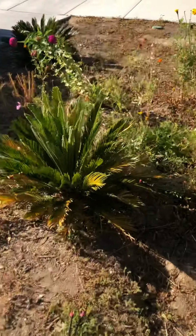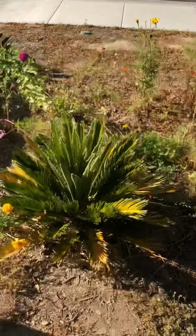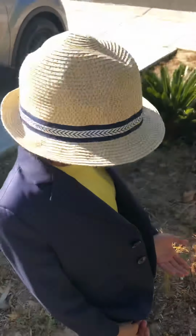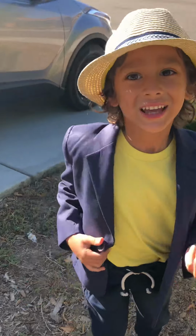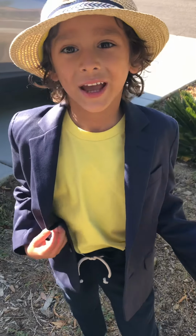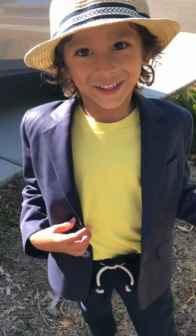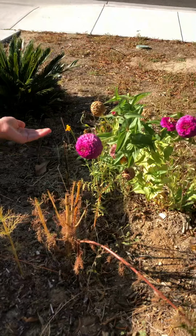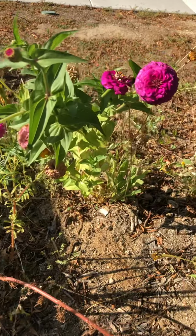Now, look at this beautiful garden. First up, let me show you this flower. Now, let me tell you why gardens are important. Because it helps pollination, and like I said, with bees, and it makes fruits and vegetables grow, and it helps more life. Because plants plus plants equals life. That's not even real math. But yeah, look at this beautiful flower. You can see it's actually...